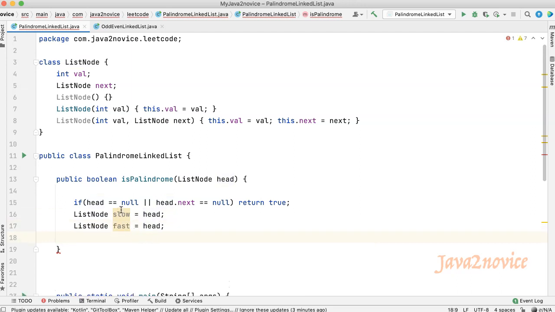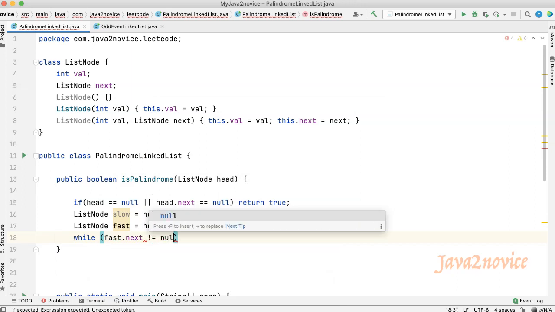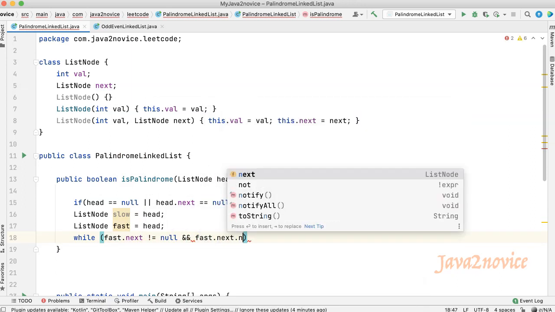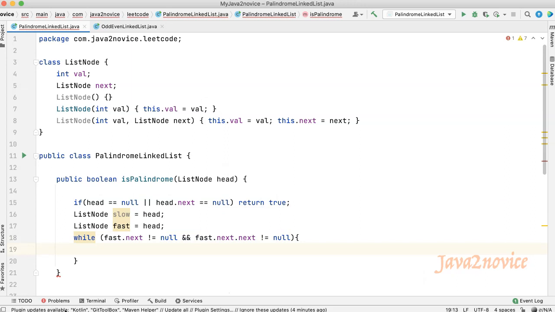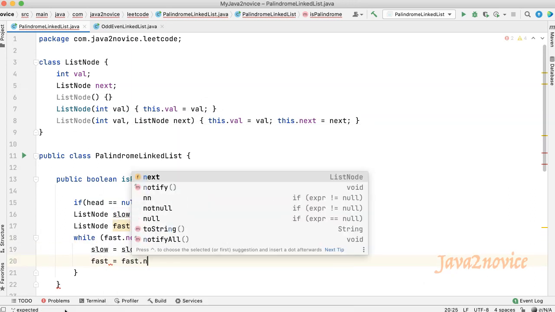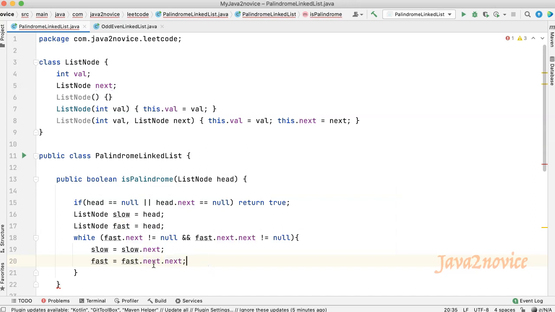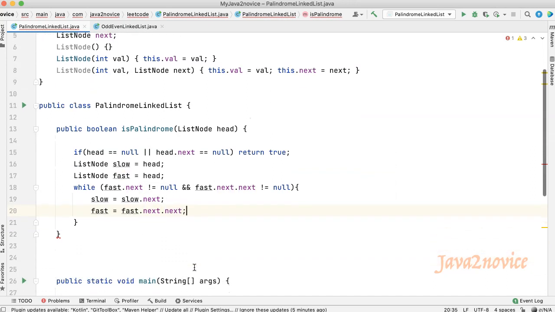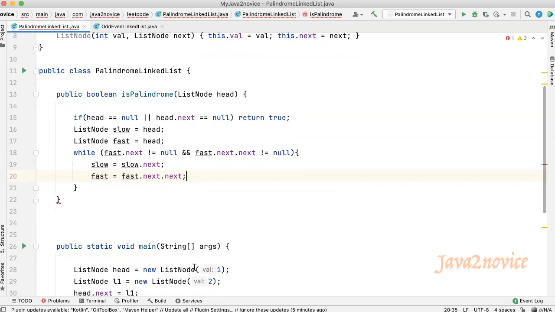Both pointers are pointing to the head node initially. Let's find the mid position. We will use a while loop. In each iteration, we will increment slow pointer by 1 step and fast pointer by 2 steps. Once we are out of this while loop, the slow pointer will be pointing to the mid position.